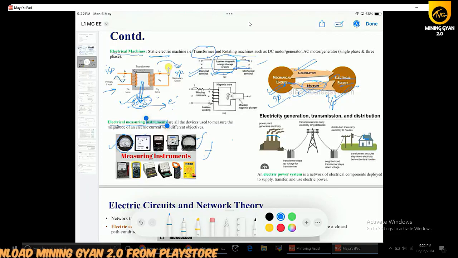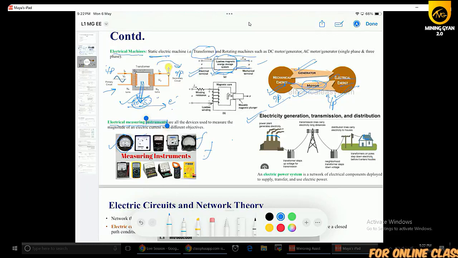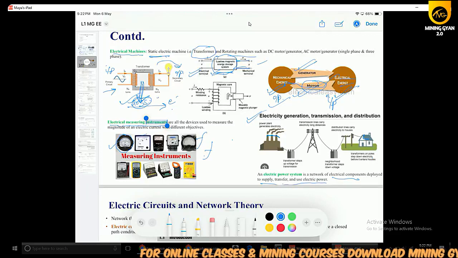Then there will be a different category that comes under electrical engineering only, called power system. What is a power system? An electric power system is a network of electrical components deployed to supply, transfer, and use electric power. What are these electrical components? In this picture, you can see that